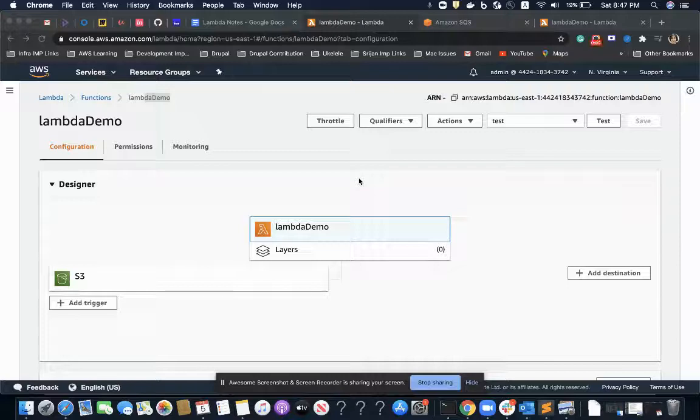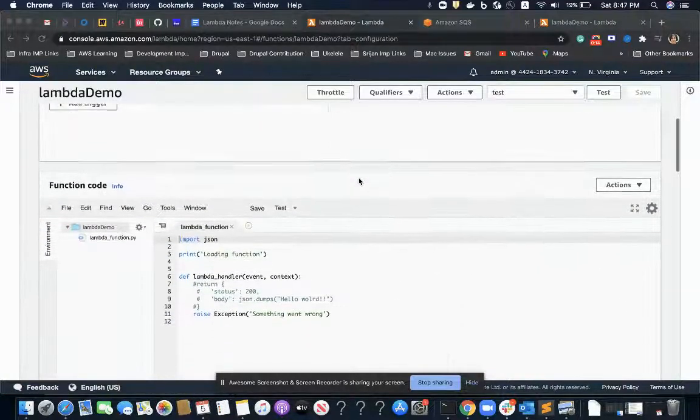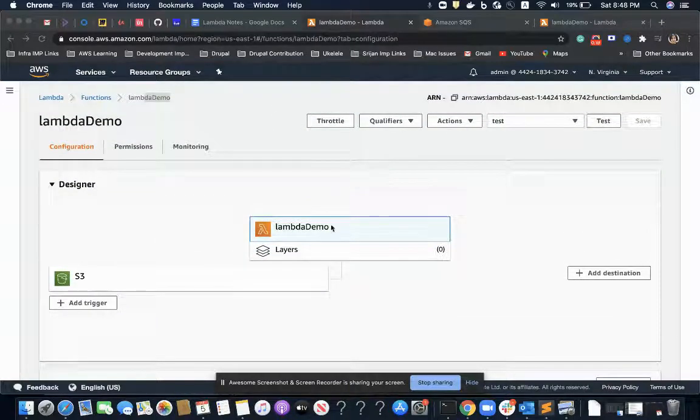In this video, we will learn how to attach dead letter queues to a Lambda function. Before jumping on to the demo of how we do that, let's first understand why we need dead letter queues. We need dead letter queues to send off data or messages when they are not being processed by the resources, for example, Lambda or SQS or SNS.